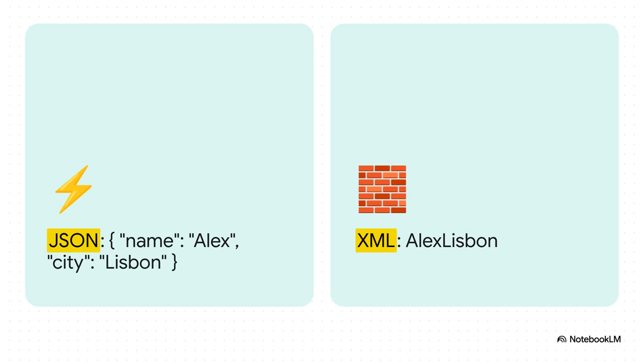It's clean, it's simple, it's self-explanatory. But on the right, that's XML. It needs opening tags and closing tags for every single piece of data. It's carrying the exact same information, but with so much more baggage. And all that extra weight just slows things down, which is exactly why the modern web has moved on.